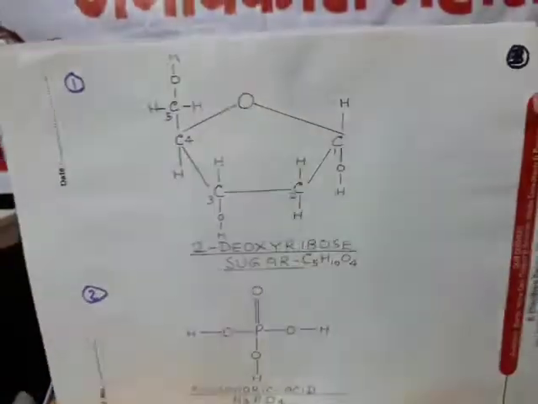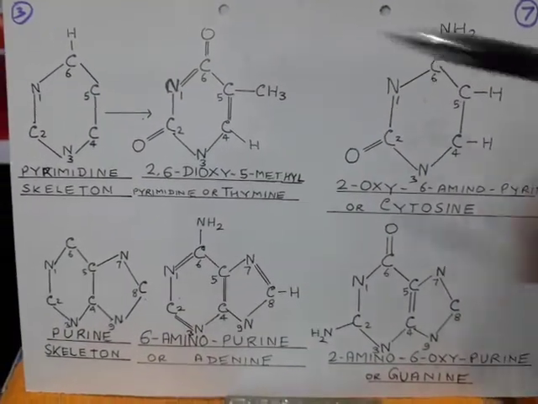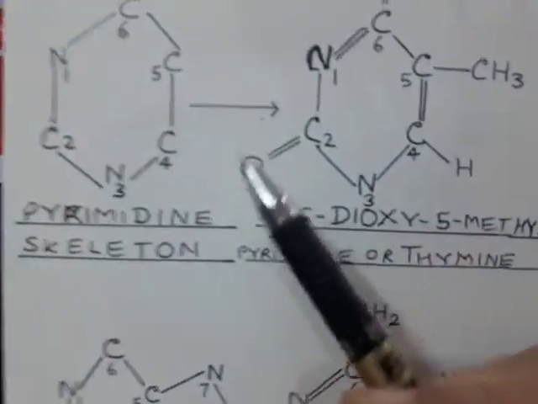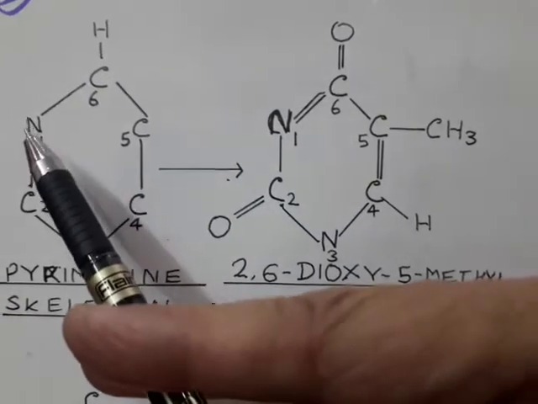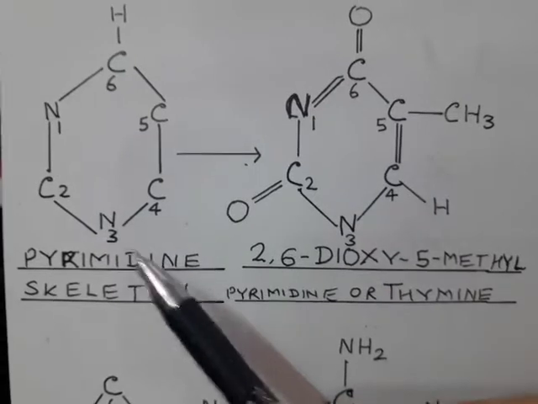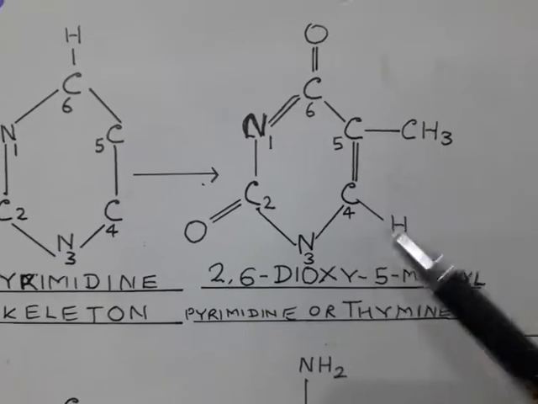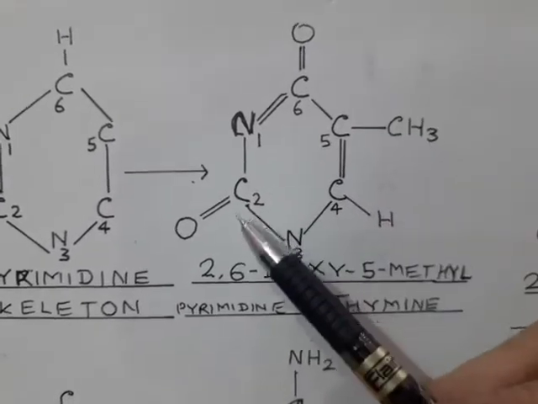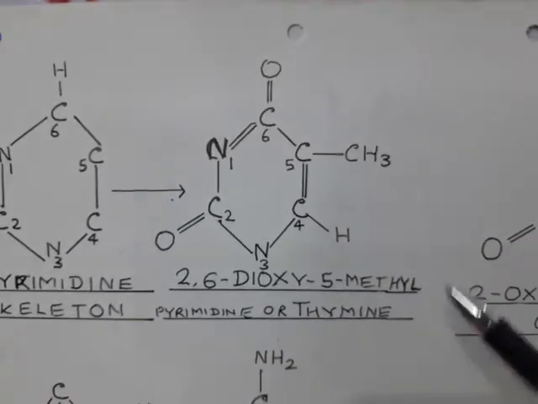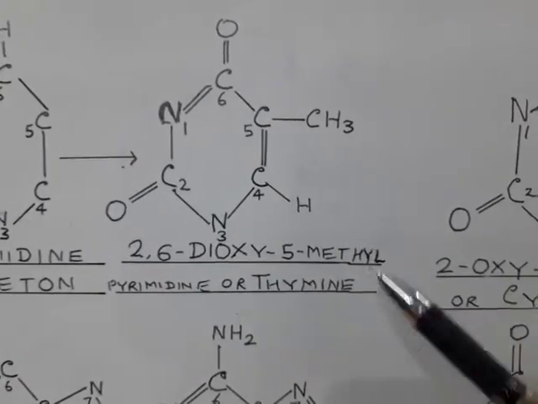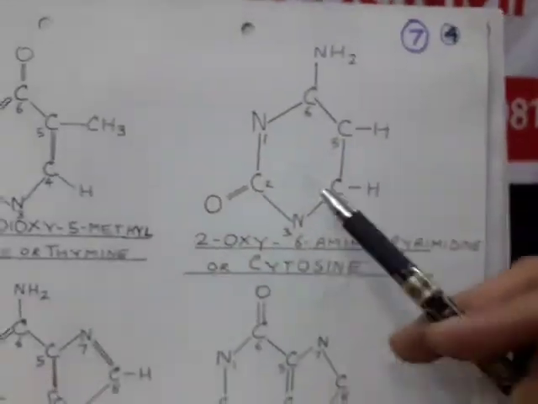Thirdly, we have nitrogenous bases of two types. Similar to a benzene ring, but here we have a pyrimidine skeleton having 4 carbon atoms and 2 nitrogen atoms, located at position number 1 and number 3. The pyrimidines are of two types. One, 2,6-dioxy: at the 2 and 6 positions we have oxygen atoms, and at carbon 5 there is a methyl group. So it is 2,6-dioxy 5-methyl pyrimidine, or thymine. Similarly, there is 2-oxy